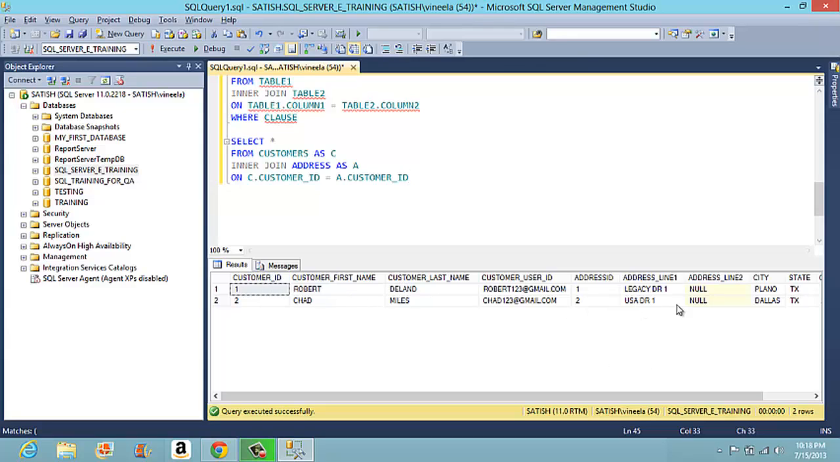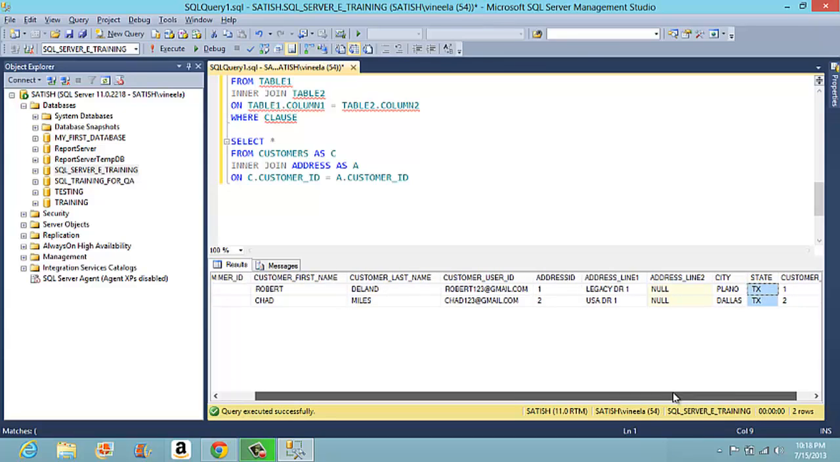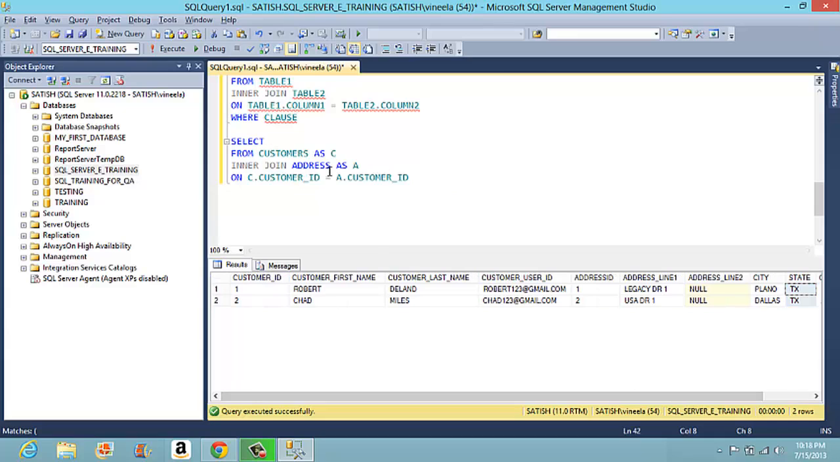Now if you don't want to have all these columns, maybe if you want to fetch only last name and then city and state, you can just replace that star. Star means all the columns from all the tables. So we have two tables which are participating in this query. So star showed all the columns from the customer table and also all the columns from the address table. Now if you want to get only a few columns, let's say C dot